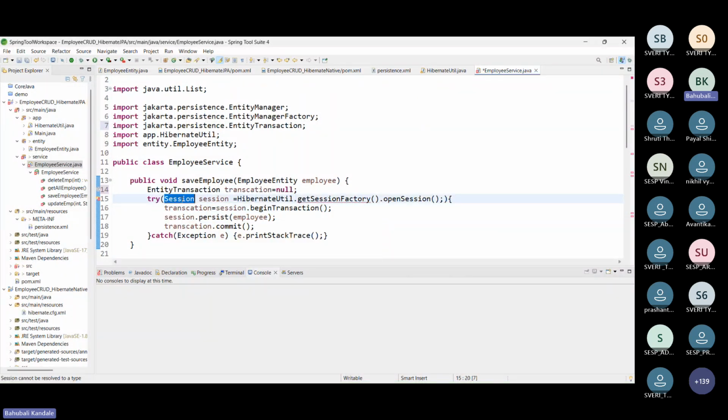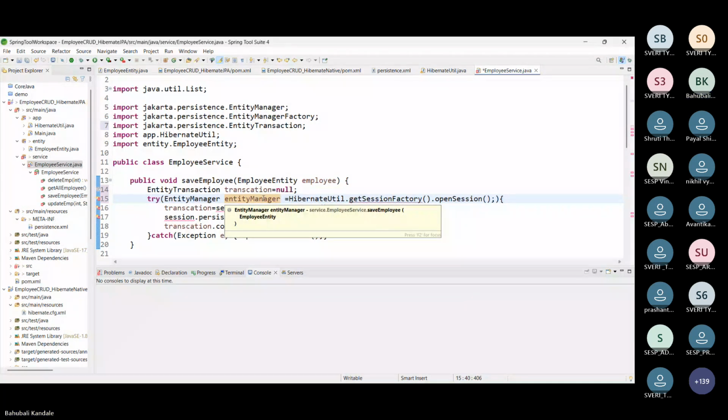All right. It's an entity manager, and that entity manager instance I need to initialize with HibernateUtil,